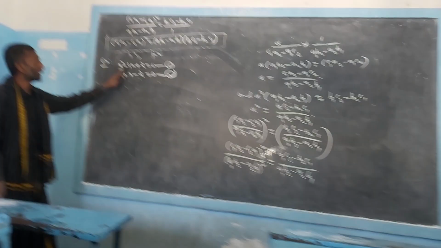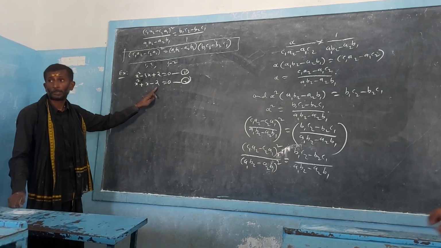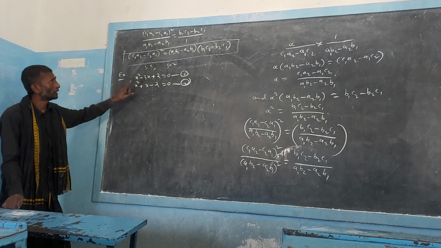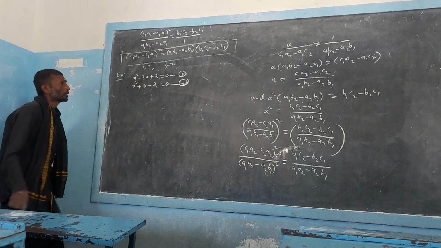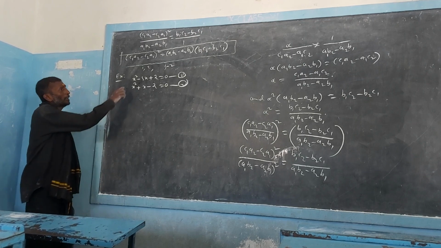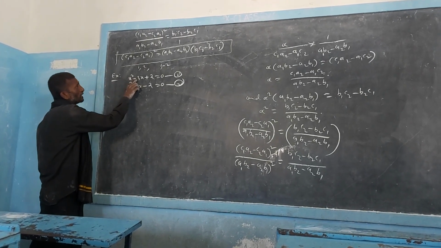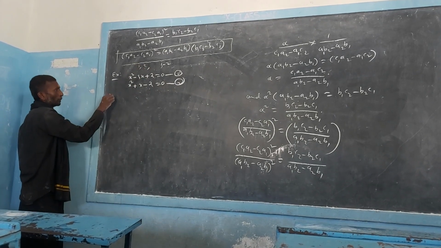Stop it. x² − 3x + 2 = 0 and x² + x − 2 = 0. Both the quadratic equations are there. Now I think both of them are correct. What I'm doing is this: we don't know the roots of these equations. If you solve them, we get the roots as 1 and 2. You can check it by solving it also.